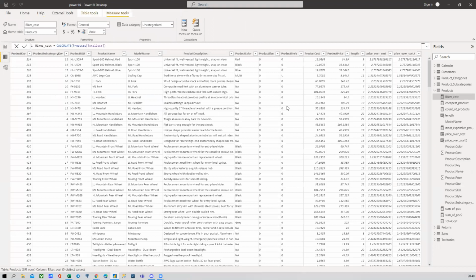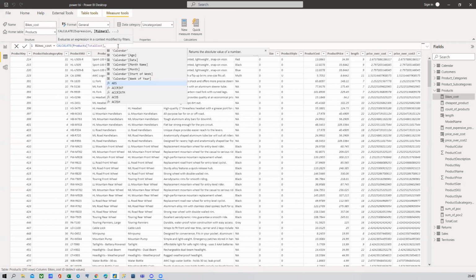Now I go back to my DAX. This is the bike cost. I click on it. If you click on it, you always have it here, then you can always edit it. So now I come back. Now, if I had my comma, don't forget this filter, I told you is optional, right? But now we need it because we want to filter